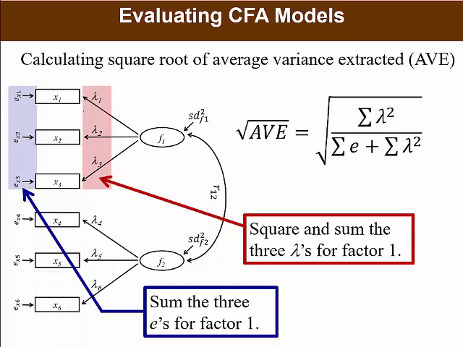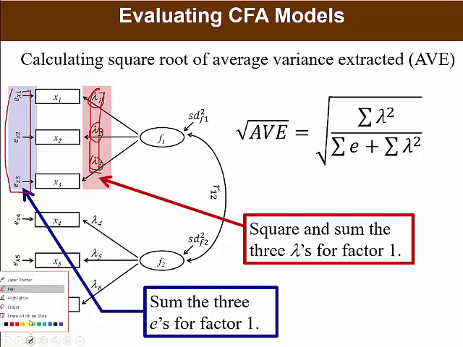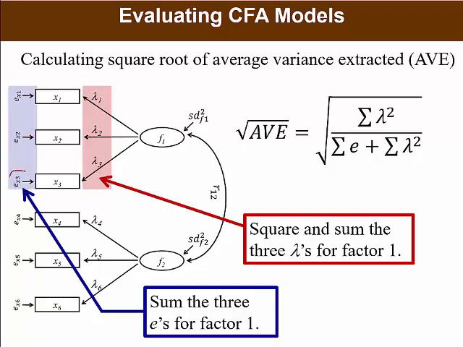So what I'm going to do is take my lambdas here, square each one, and then add them up. So add up my squared lambdas, and then take my errors and just add them up. Recall that the errors are variances. These are error variances. These are the residuals that are left over after the factor is extracted out, and they're variances, so they're already squared. Whereas the lambdas are not squared values,